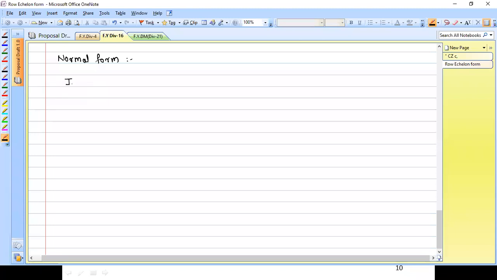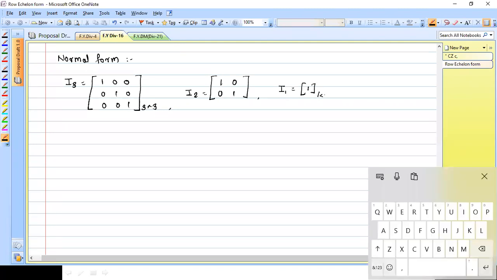So let us first discuss what is identity matrix or unit matrix. Someone please tell me, if I write down I3, so what is I3 here? 100, 010, 001. So it is the identity matrix of order 3 cross 3. Am I correct? If I write down I2, so what am I getting? Identity matrix 1 0, 0 1. Yes. If I talk about I1, so what is I1? Only 1. This is the matrix having order 1 cross 1.